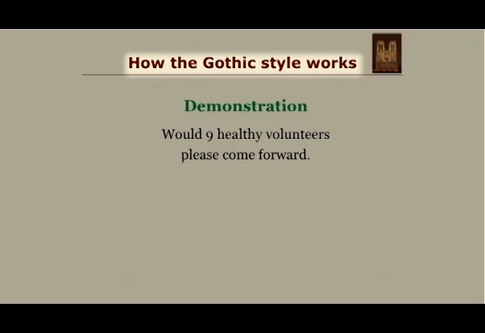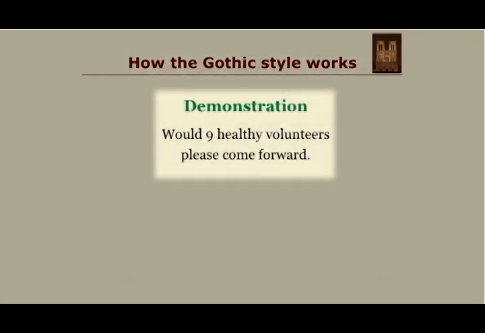Now I'd like to describe to you an experiment that we could do in a classroom, and if you were in the classroom, I'd invite you to assist me. This experiment involves 9 healthy volunteers, and what I do is line the 9 people up, 4 on each side, with 1 other person standing nearby, and then those 4 people across from each other put their hands on each other's shoulders, and then the 9th person climbs up on top and lays down on top of this roof